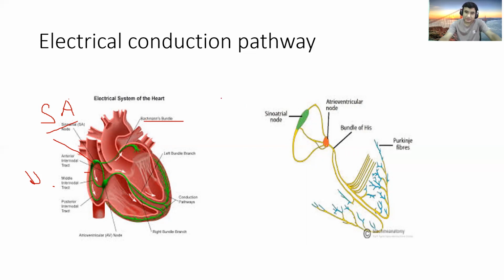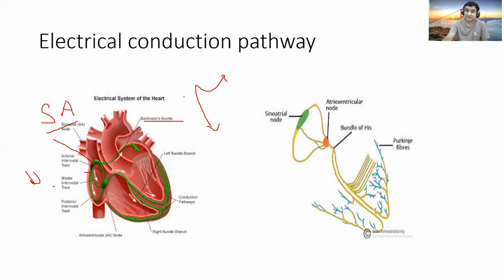So what happens when there is a right atrial depolarization? The direction of the current will be downward and anterior, and when it is depolarizing the left atrium, the direction of current will be downward but posterior. It seems posterior because our left atrium is in the posterior aspect of the heart. Why do we have to know it? Because